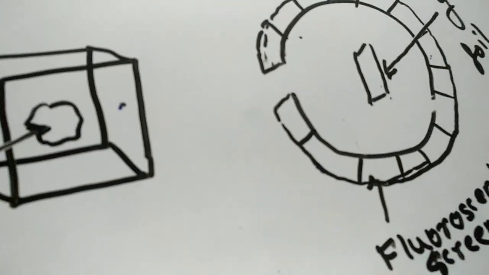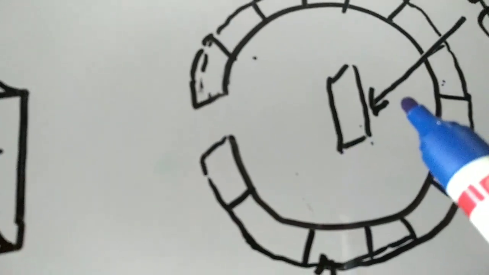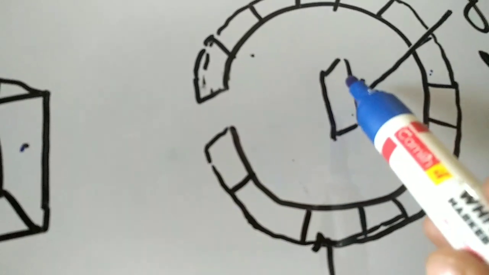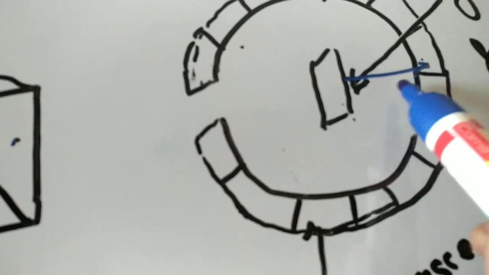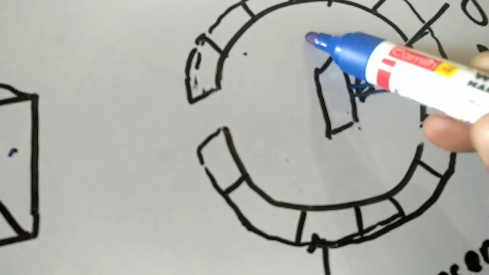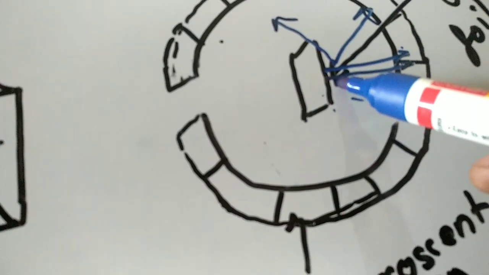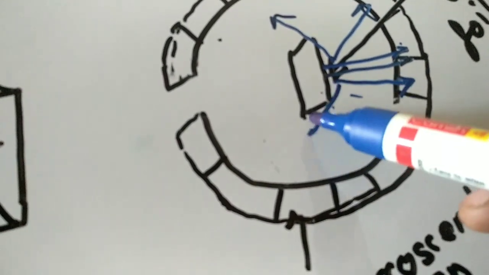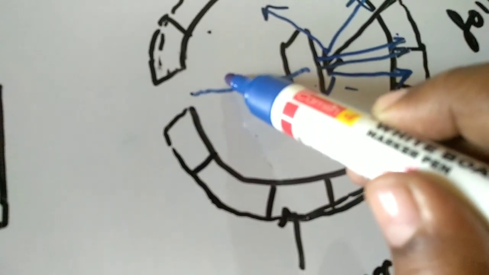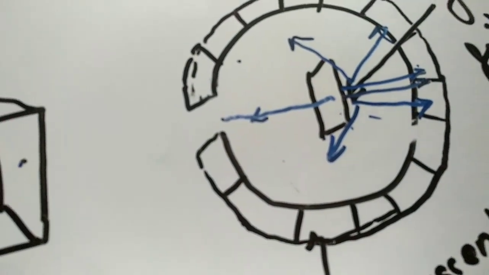When he conducted the experiment and bombarded alpha particles on this gold foil, unexpectedly most of the alpha rays passed through the screen in a straight line. But some got deviated from their path. Some made large angles, some made small, and 1 out of 20,000 turned back totally. Understood?